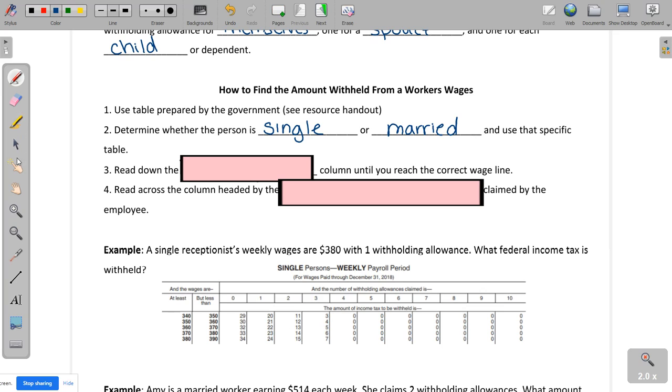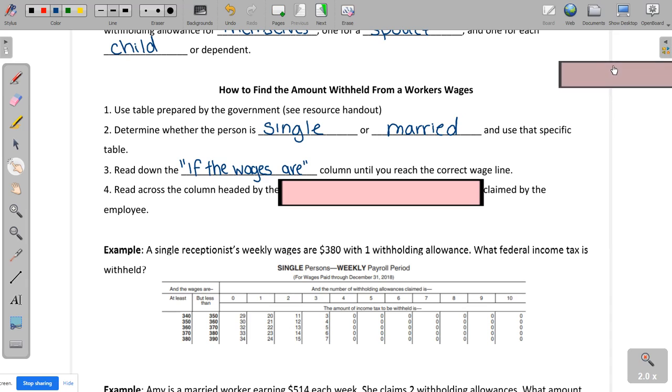After we determine that, we are going to read down the "if wages are" column until you reach the correct wage line. Looking at this table, we look at the far left, and our weekly amount has to be between these two numbers: at least the first number but less than the second number. After you find the row, you're going to go across the row,